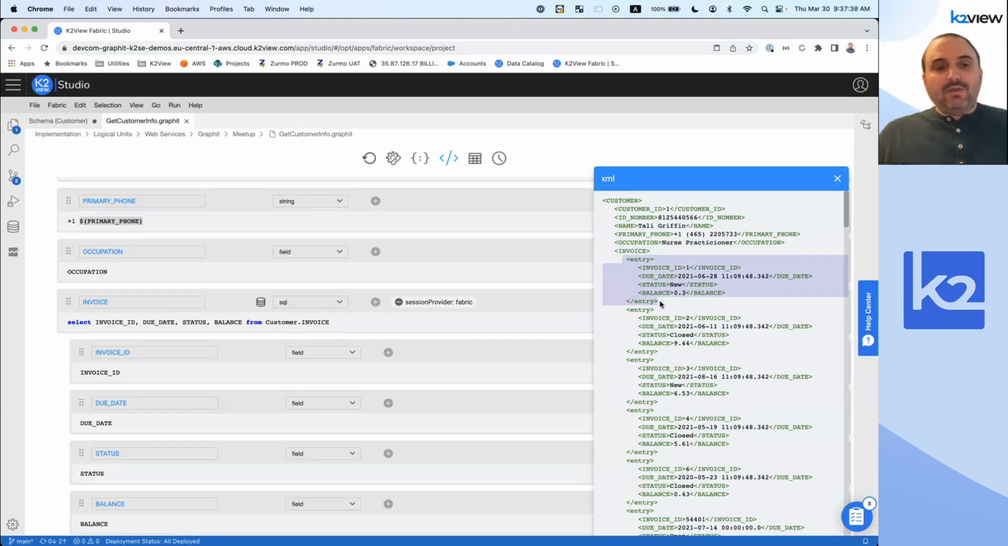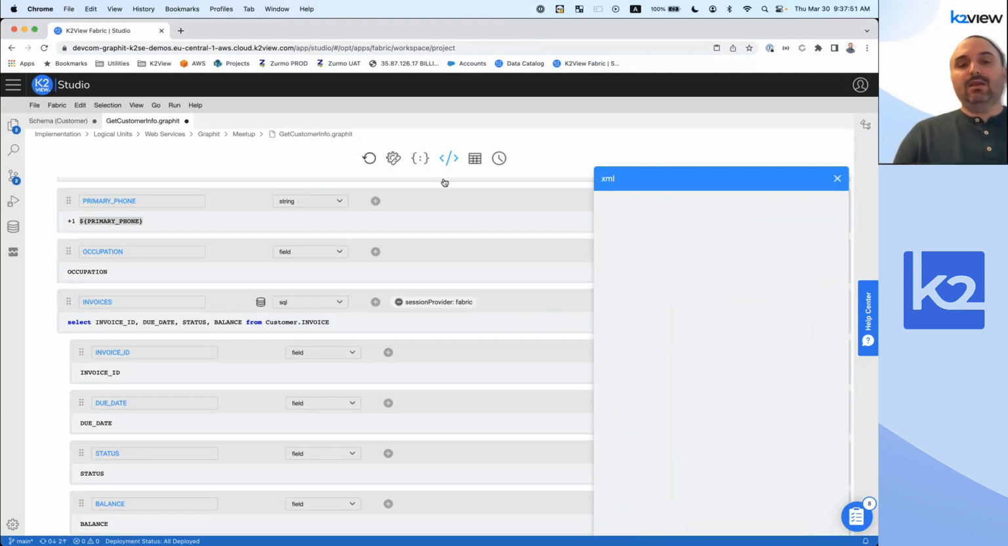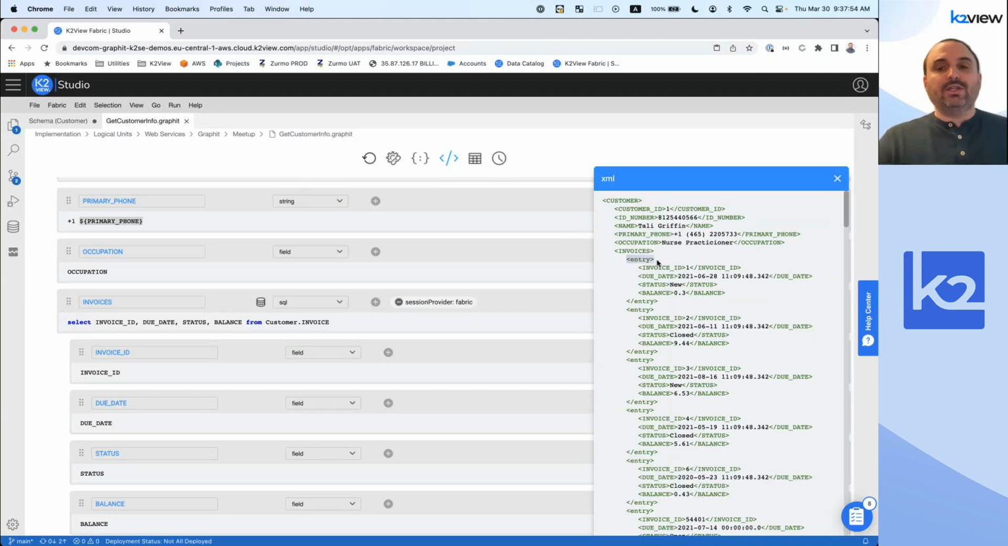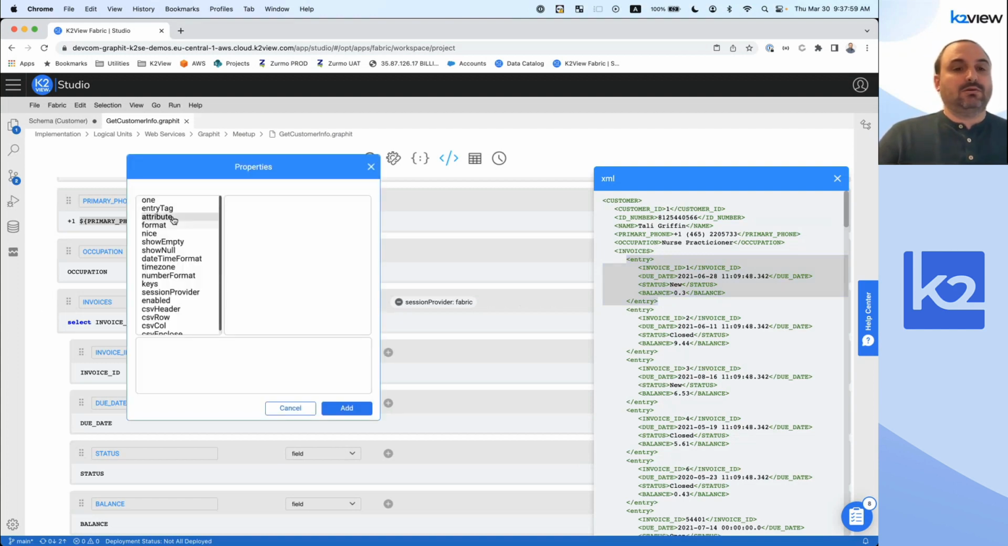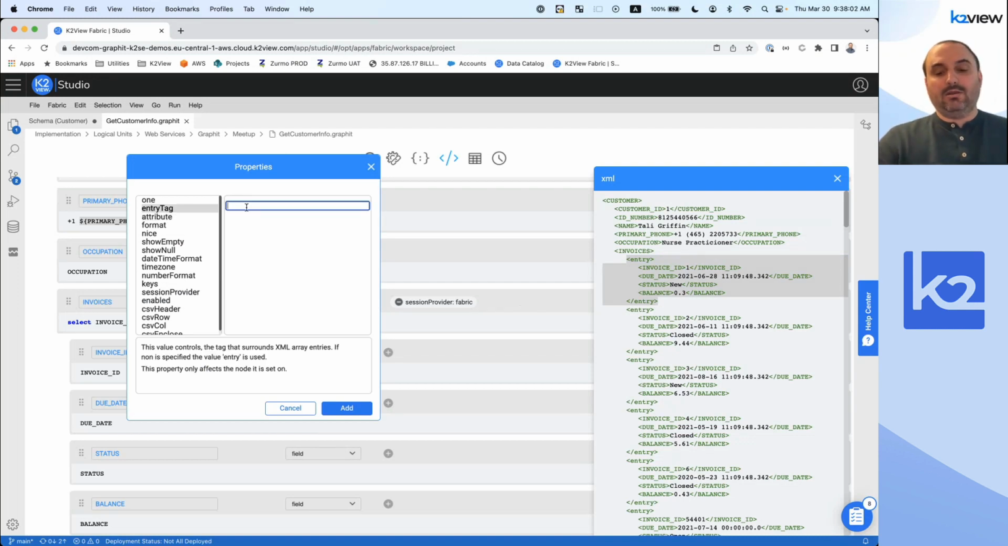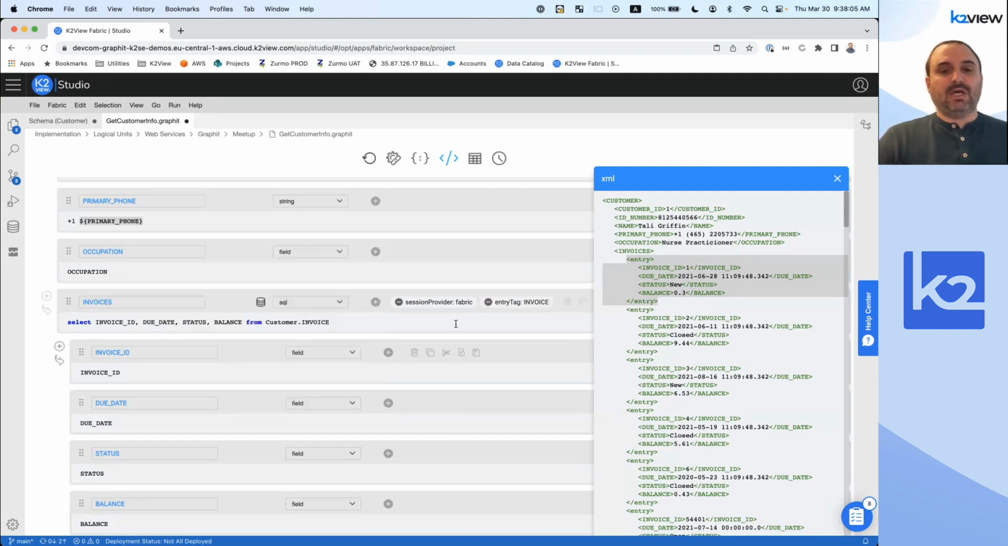So Graphit gives you a very easy mechanism to rename, align, and change this type of definition. First, it's not an invoice, it's invoices. We have plenty of them. So let's change the name and add an S. And second, we know that each entry here represents an invoice. So let's add a new property called entry tag. And this one will be a single invoice. By the way, we know that session provider fabric is not needed, so I'm going to take it off to give us a little bit more space. So now under the invoices, I have a property called entry tag that is an invoice. And now every entry